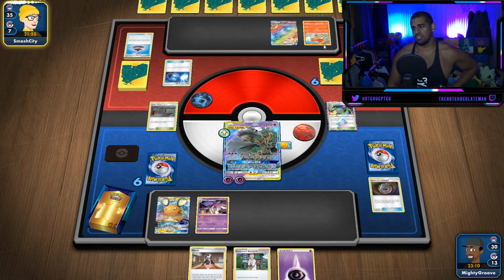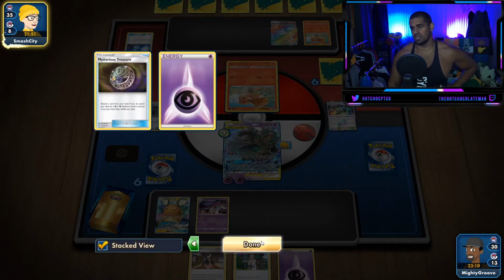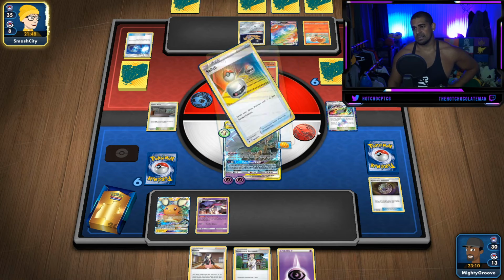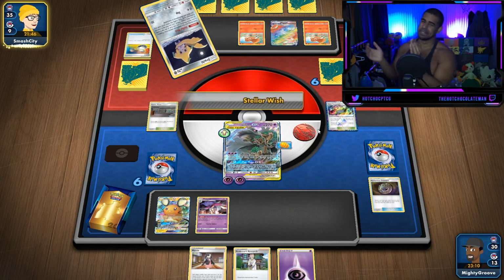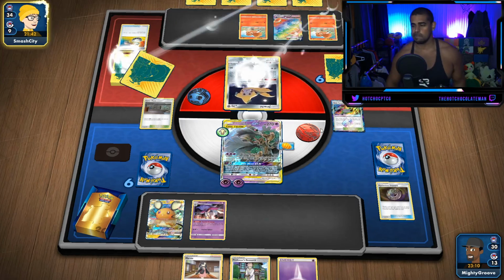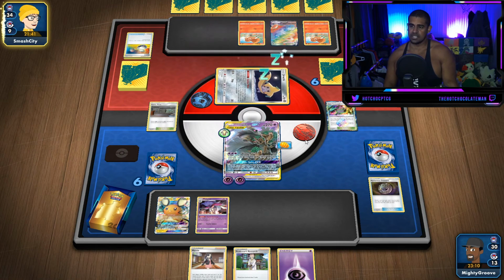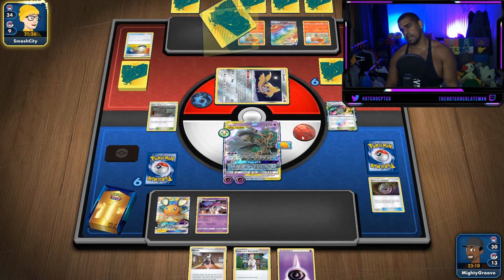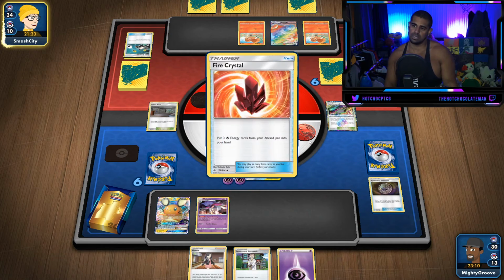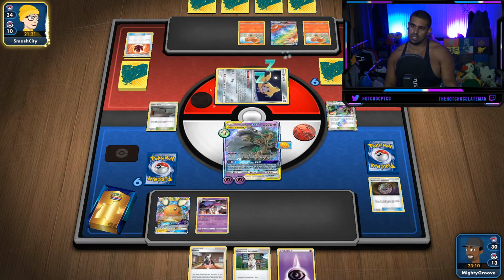What's he gonna do? He's gonna give up Vulpix. I think that's the correct decision. He's seen that we got rid of our bosses. We've got another Vulpix anyway, so let's just switch. That's nice for him. So we just took a Super Scoop Up. I wonder what that was. Fire Crystal for 1. Okay. So his hand is...